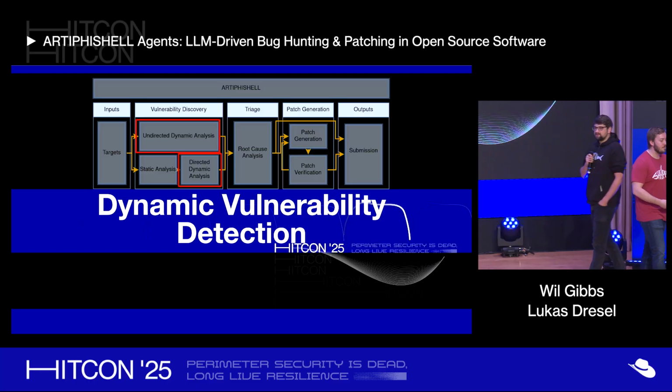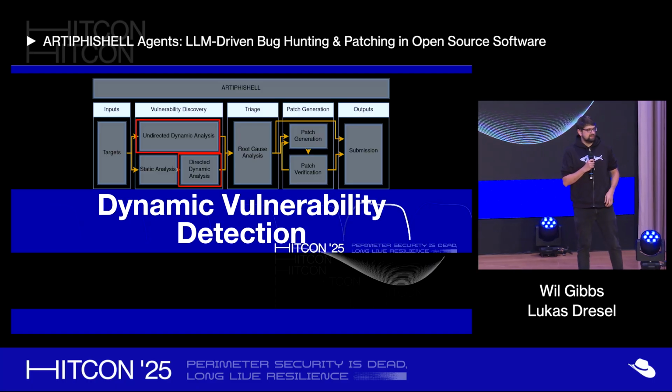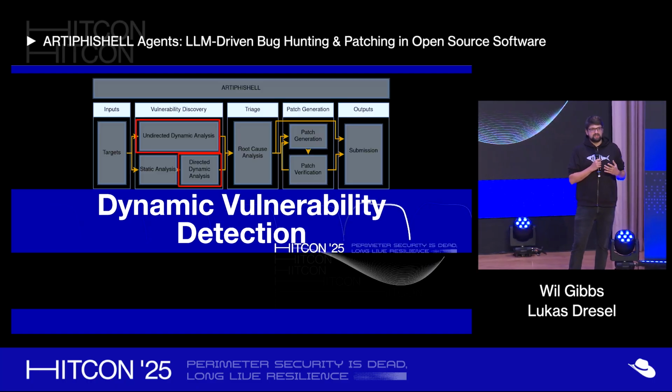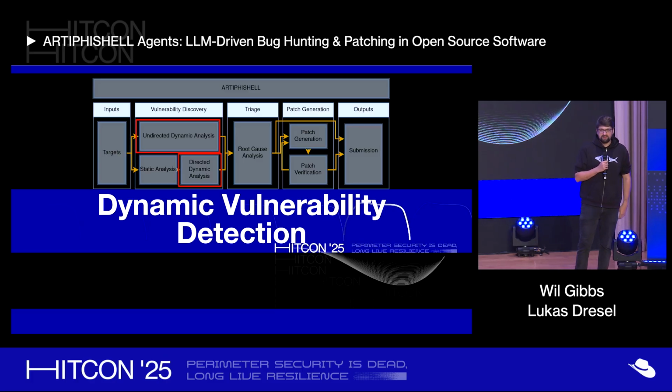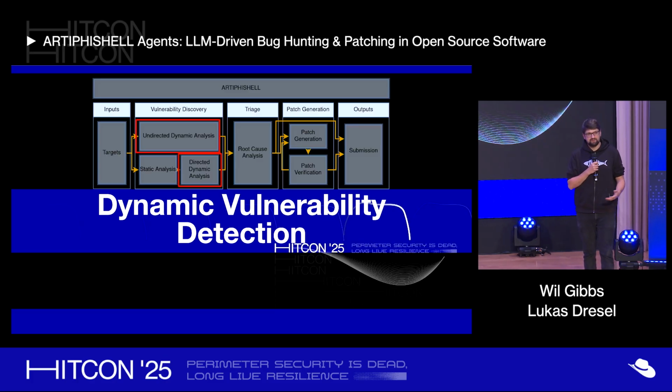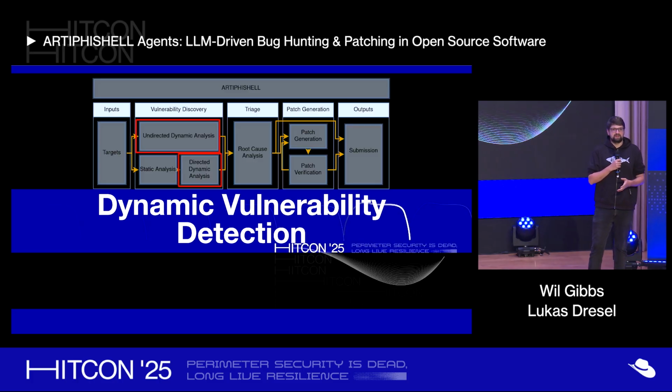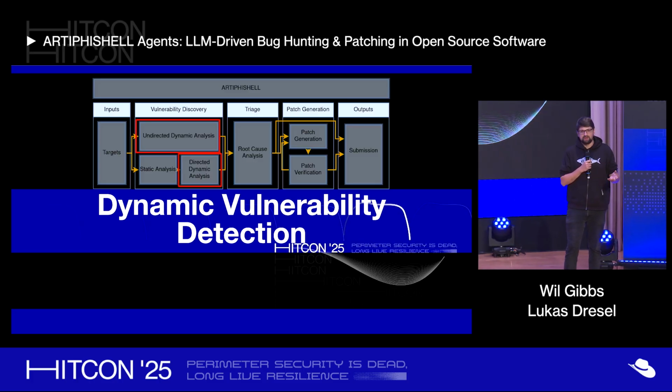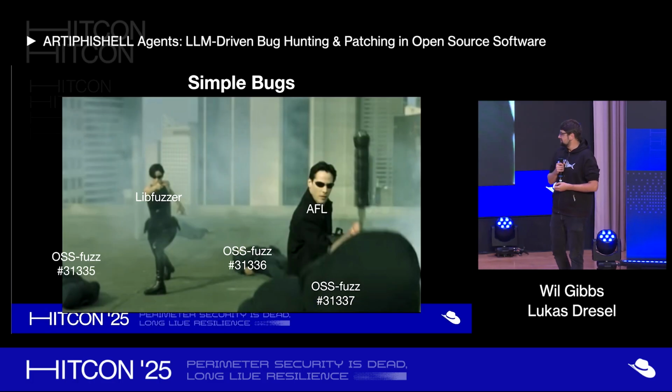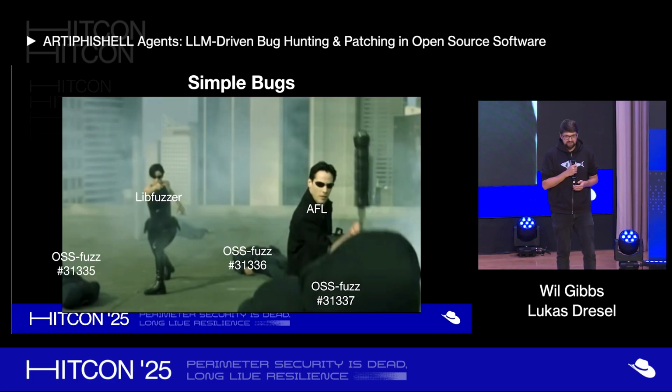Yeah. So once we have these code locations, then obviously, for the scope of the competition, we're required to also provide a proof of concept, a proof of vulnerability. We have to actually write an input that crashes this bug through one of the harnesses that we're given. So let's look at a couple approaches of how we do this.